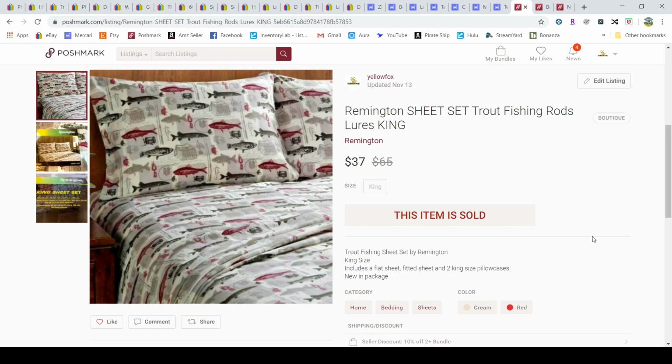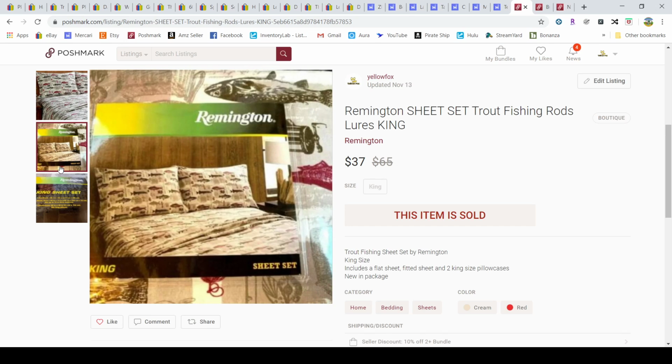And this is my Poshmark for this week. I sold this set of sheets, and I picked these up at a store called Ollie's. So it was a retail arbitrage, and I don't remember how much I paid for them. I think they were something like $12.99, and they had a whole bunch of Remington sheets, and I bought a